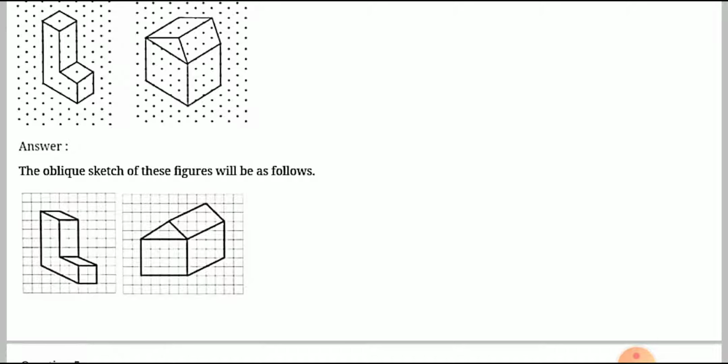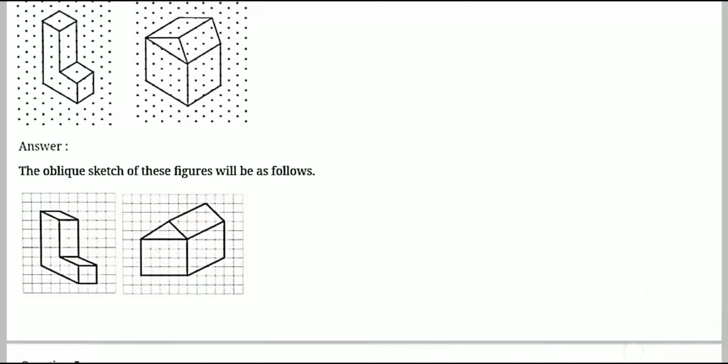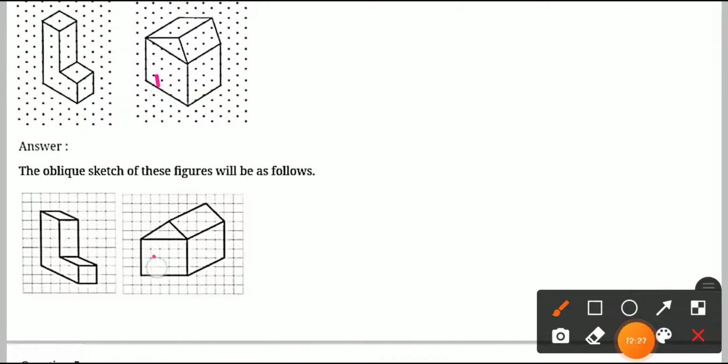See what the difference is. The side face here is changed into the front face. So this front grows here, and the side goes here as the front, and this will become the top. Like this you have to draw it on the graph paper. Notice the changes, see the figure thoroughly, and then draw.